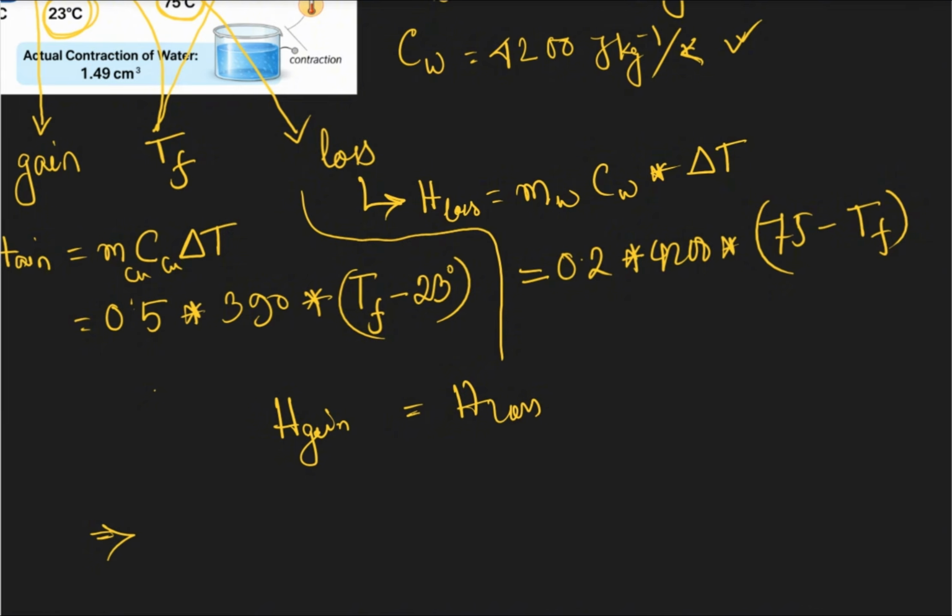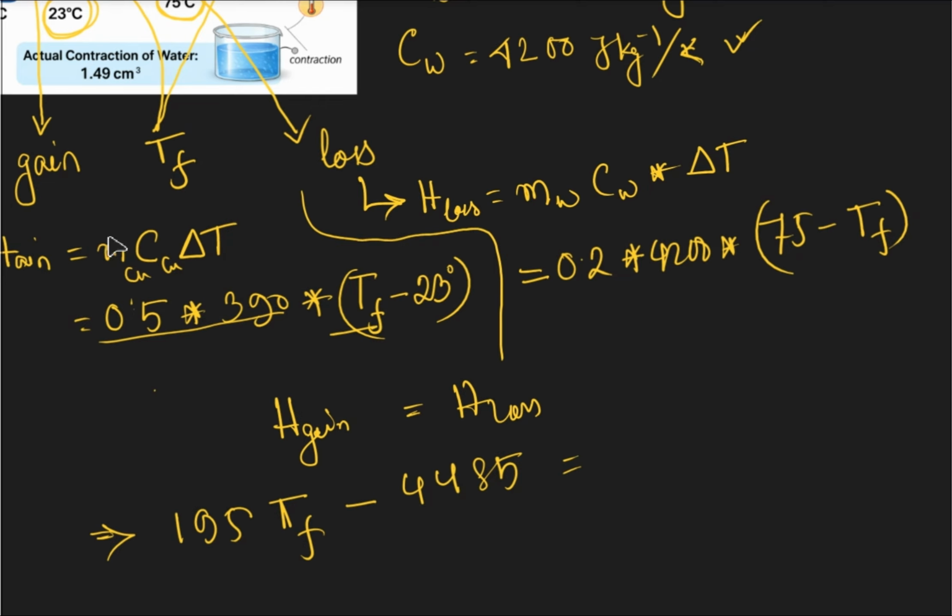So this will be 195 of the final temperature. So multiply this 2 with this one, and again it will be 23. So we could write down 4485